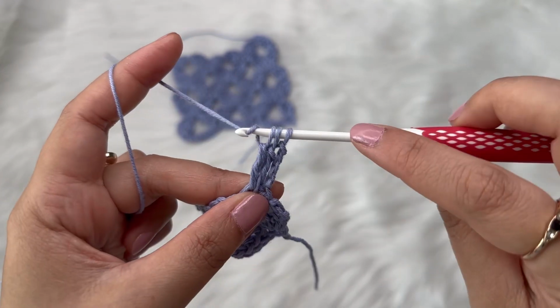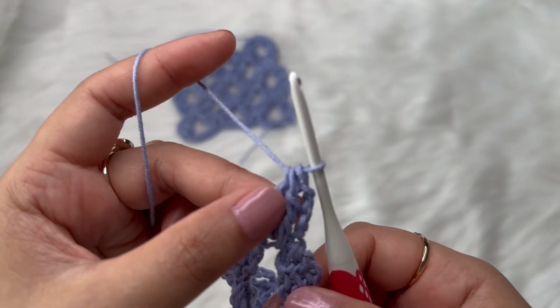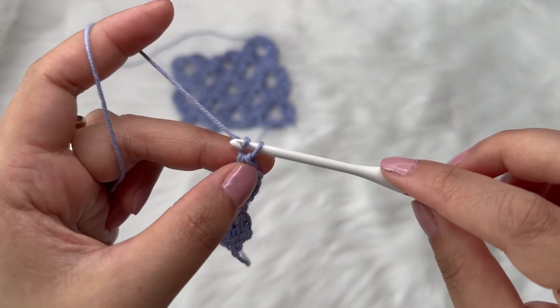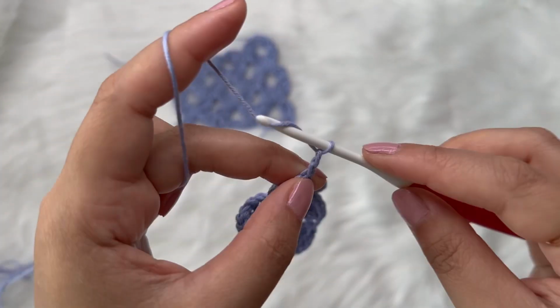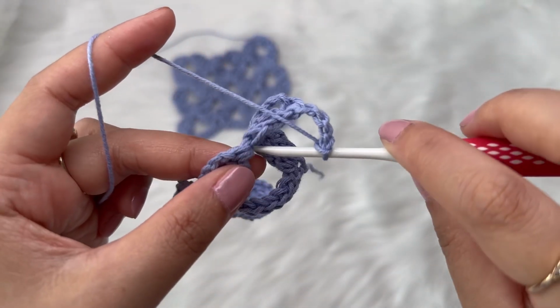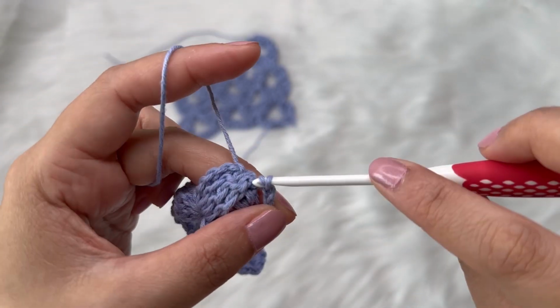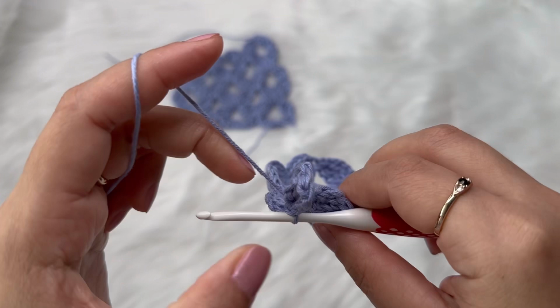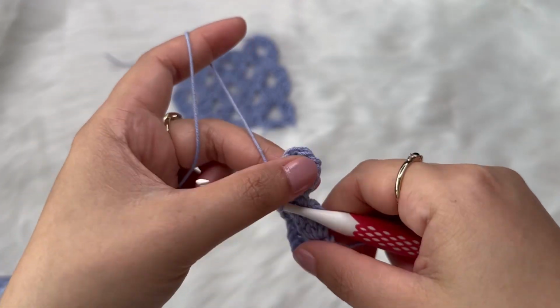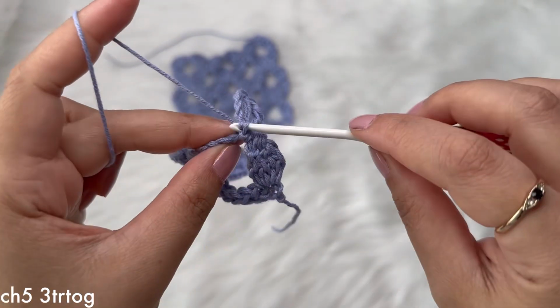Then 3 loops on the hook, yarn over all into those 3 loops. And then we need 1 more, so we're going to chain 5. And then slip stitch here into this space. So this is our first petal here. For the next petal, chain 5,